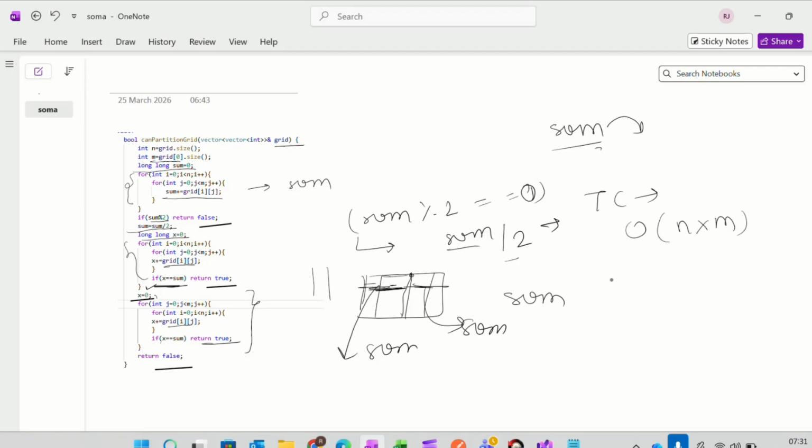And if we will talk about the space complexity, तो we have not used extra space, like we only used integer values. So integer is like constant space. So space complexity will be big O of 1. So this is the time complexity and this is the space complexity. So yeah, that's it. It's basically a simple problem only.